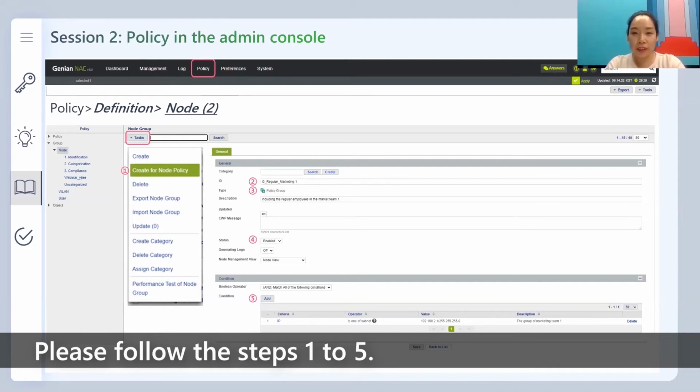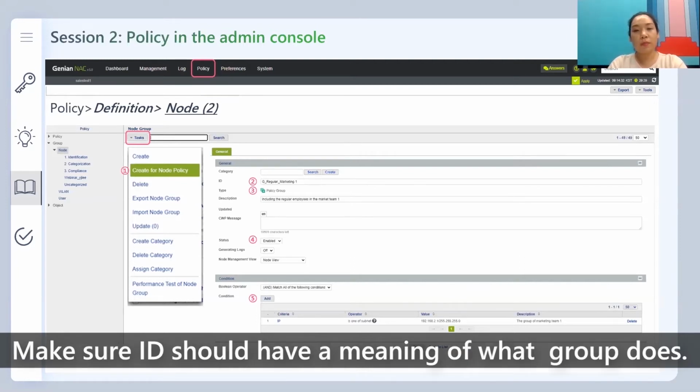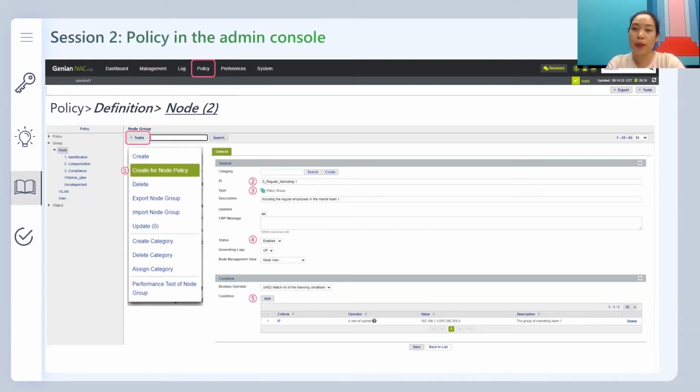Today, I put the name as G_regular_marketing1. The meaning of this ID is that G is for group, and regular means the regular employee, who is not a guest. So the meaning of this group name is the group of regular employees, especially those working in the marketing team. Please make sure that when you make the group name, it reflects the group's function,